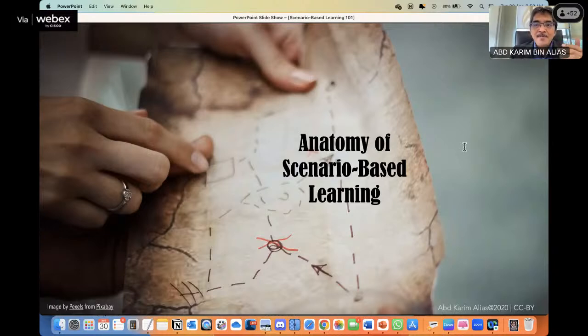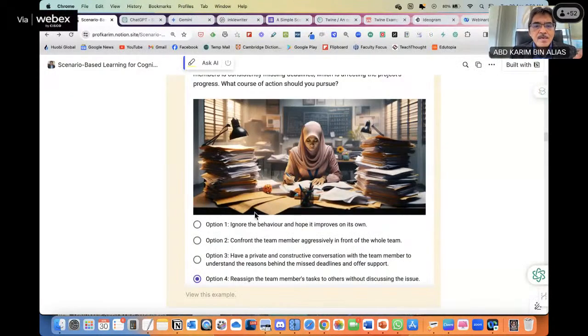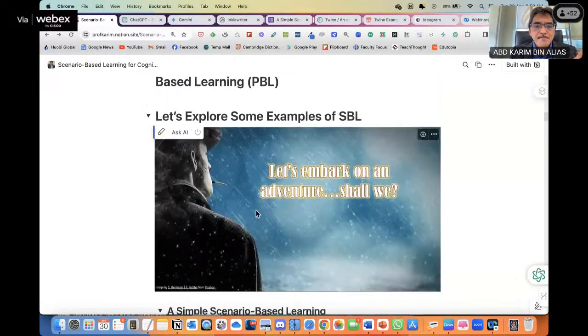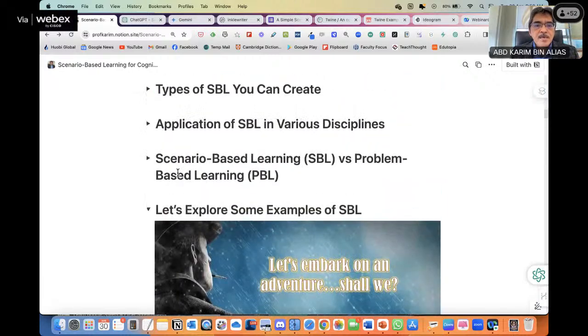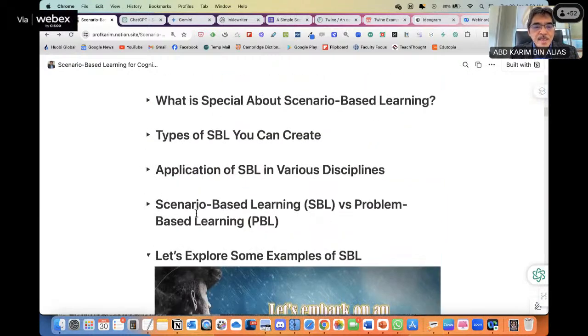For now, I will continue. But you can find the explanation of the difference between scenario-based learning and PBL in the module. Let me see which section. Yeah, this section in the module, scenario-based learning versus problem-based learning. So you can find it under this section. Okay, Dr. Akmal?